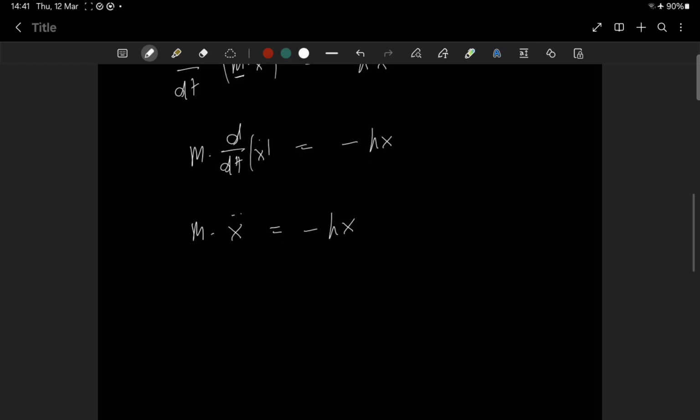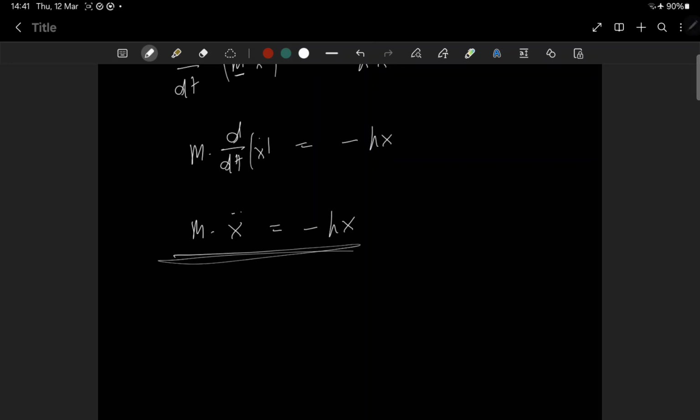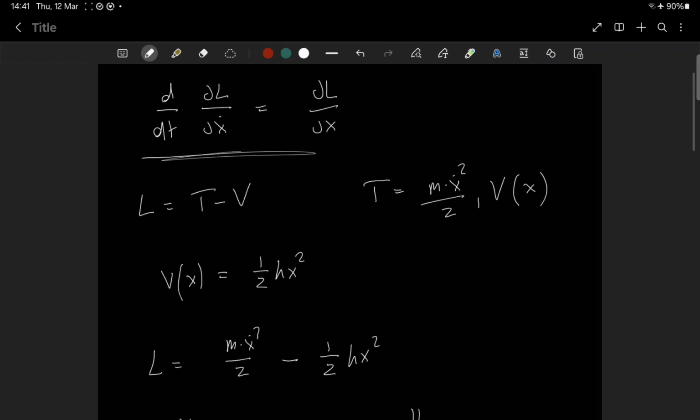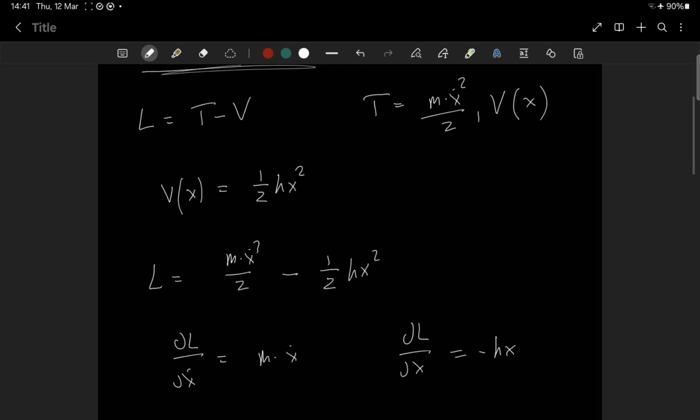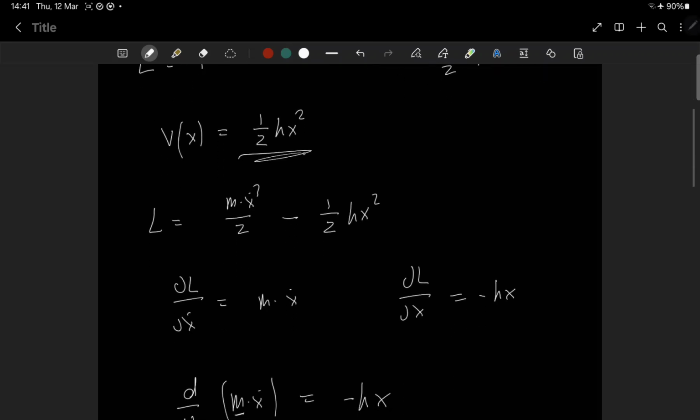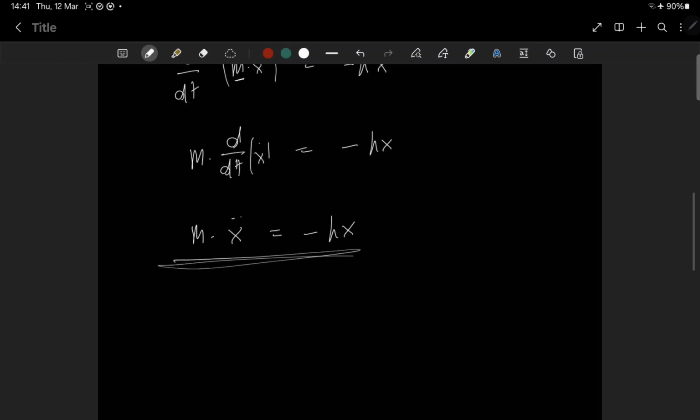To calculate the actual trajectory of the harmonic oscillator is very simple. I'm not going to go through it here, but I'm just going to briefly mention that the solutions to this differential equation are just trigonometric sine and cosine functions, and we're going to have a look at how to solve this equation exactly in another video. So we have derived the equations of motion for the harmonic oscillator from the Euler-Lagrange equations, using this expression for the potential energy, and we get indeed the correct